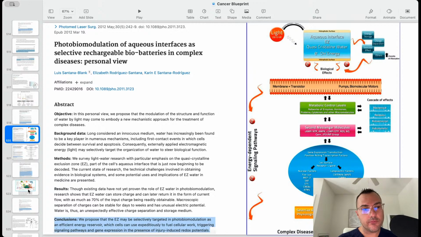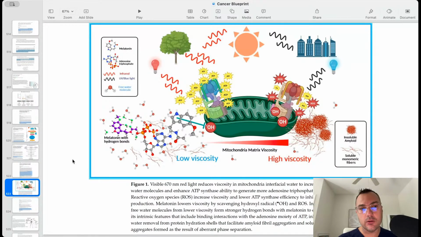And I'm going to probably conclude this portion of the talk, because, to be very frank with you, I don't really have business teaching from a high level, just because this is above and beyond my understanding. But that being said, they do believe that red light will lower the viscosity of water, and that will allow not only ATP production through the cytochrome c oxidase mechanism that we talked about in the first couple of slides, but it will also allow the ATPase to spin much easier and more freely,